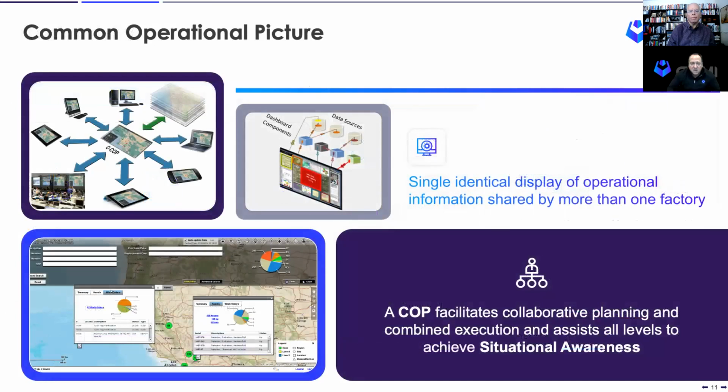And again, I'll talk a little bit about the common operational picture, but not enough can be said of this. We have this in our personal life with our cell phones. If you think, I couldn't run my business without my cell phone, I do everything on it. That is my life's common operational picture. And that's what we're starting to build for customers, is creating that totally seamless, integrated common operational picture, the digital